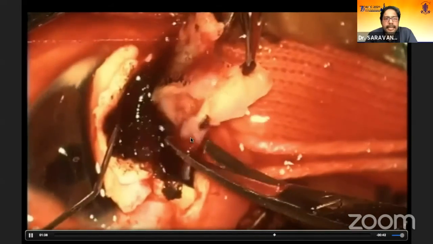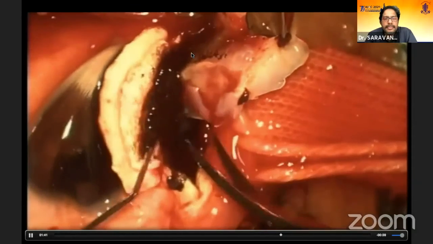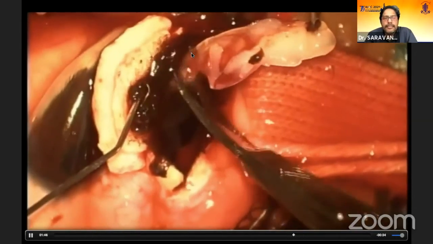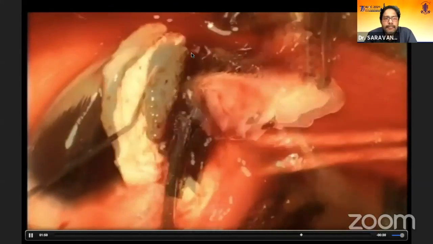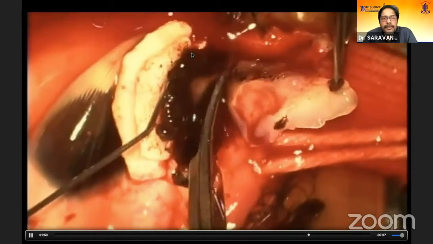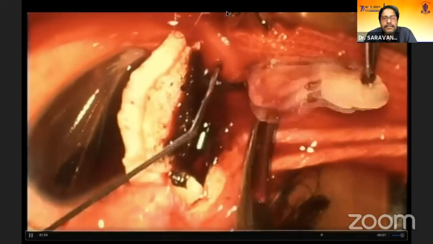And I felt that I had injured the retina at this point near the 6 o'clock meridian, but I was not sure. So normally, if you feel that you have injured the retina, it's better to immediately shift to a 3-port vitrectomy and finish it off at that point of time only. But somehow I had a small hope that I had not. This is the area where I thought I had injured the retina, but I thought we'd leave it as it is.